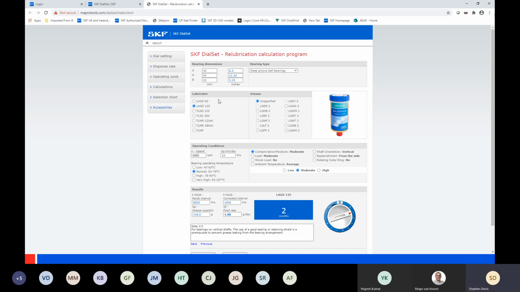We now can choose the lubricator if we're looking at using it for automatic lubricator selection. If you're using it just for manual greasing, then you can ignore this and just leave it as the defaults. I'd recommend starting first of all just leaving it with the grease as unspecified. This is assuming a lithium soap mineral oil,